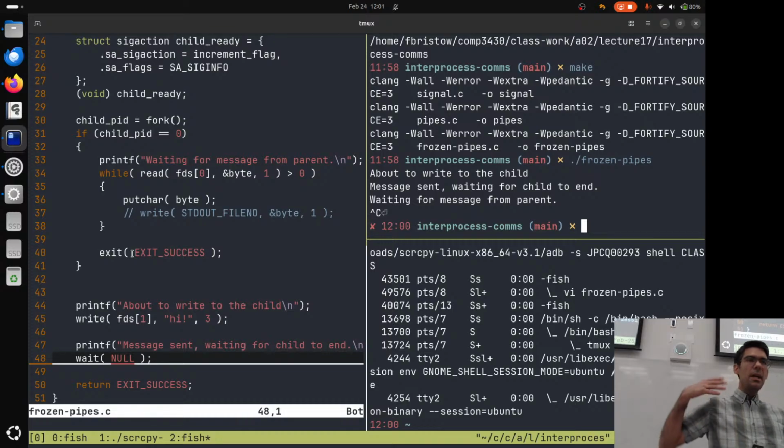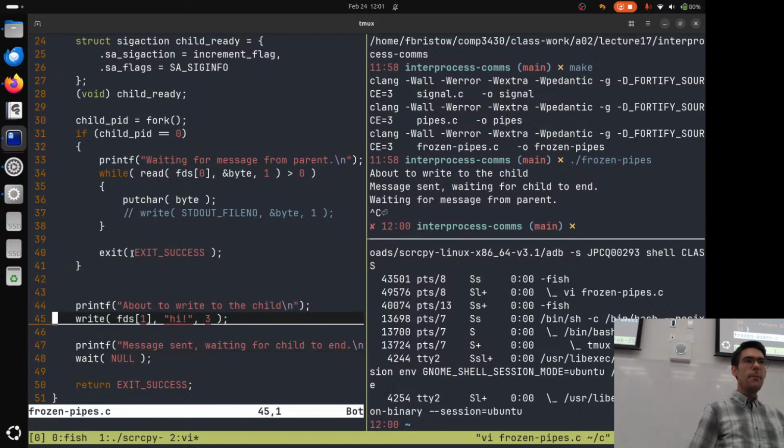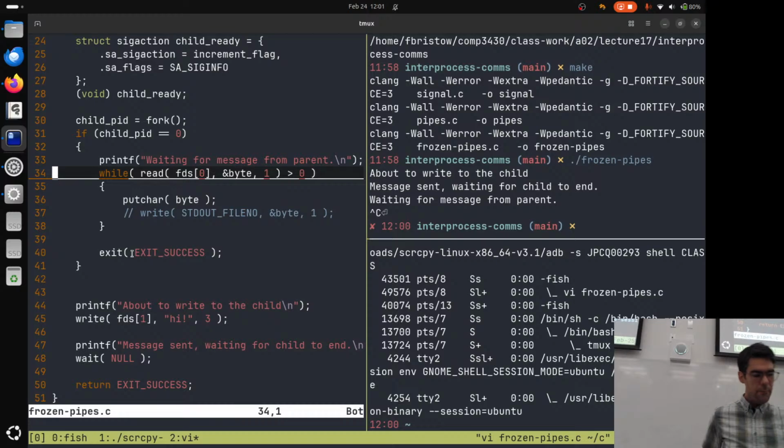I'm going to go through my thought process here. My first thought is, well, maybe write is getting called in my parent process before I've been able to call read in the child process. I want to stop here right away and say, this is my thought process, but it is super duper wrong.